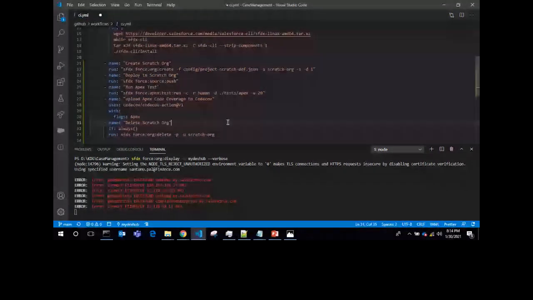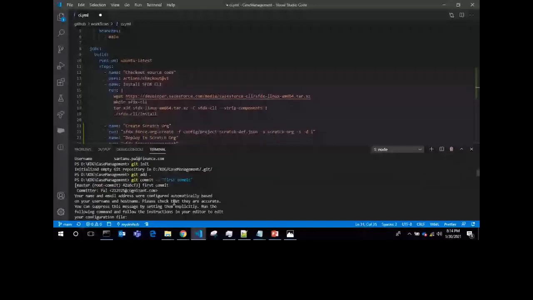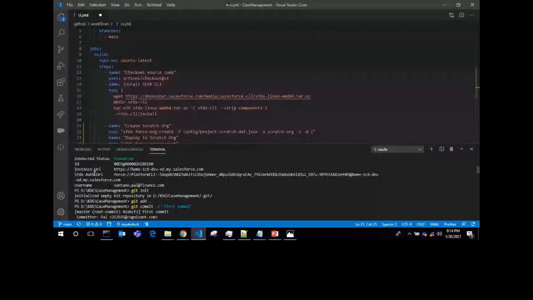Okay. Now this command actually does not work, unfortunately, on my machine. So don't worry, I've already executed it before. When you execute this command, sfdx force:org:display, you will get this result. Here you can see the sfdx auth URL. Using this auth URL we can authenticate our DevHub org.